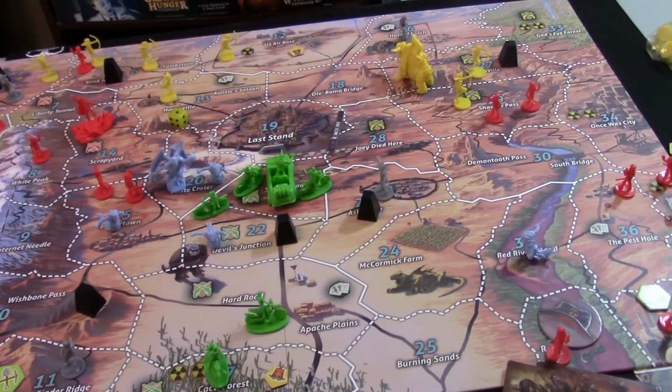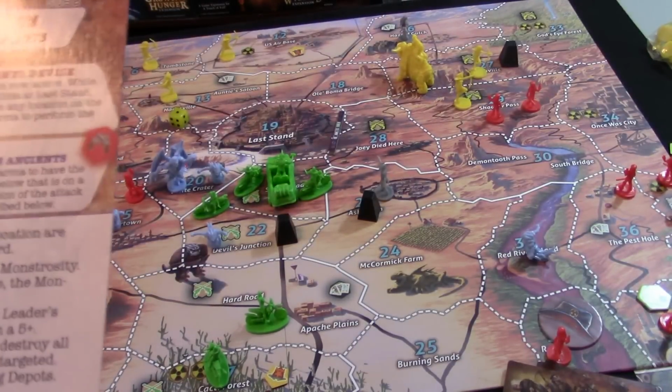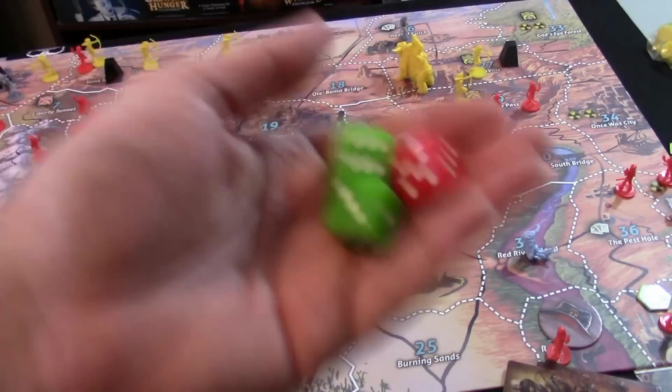He is going to attack, I think he's going to attack Brahma. Now I gotta look, I think he can attack the leader directly without attacking the raiders. I'm pretty sure he can. Yeah, roll 3 dice and reduce the leader's health by 1 for each 5 plus rolled. So we got our 3 dice right here. Let's hope we get some luck